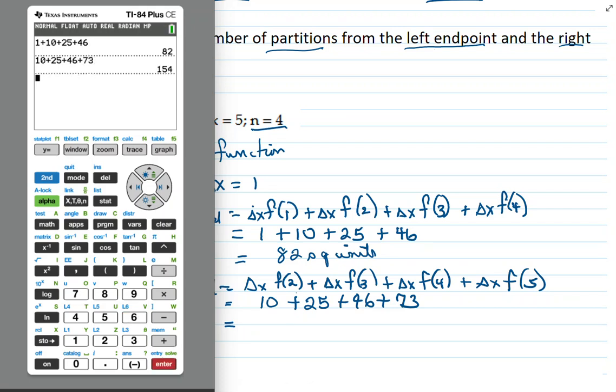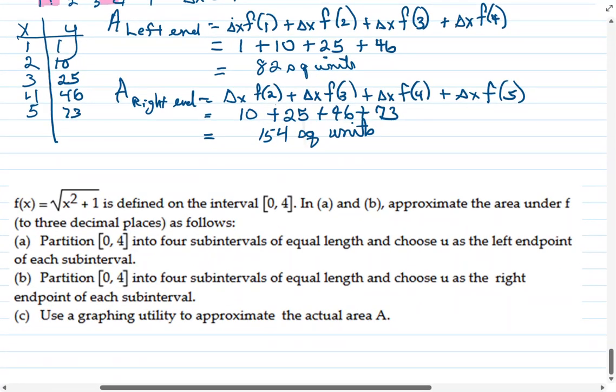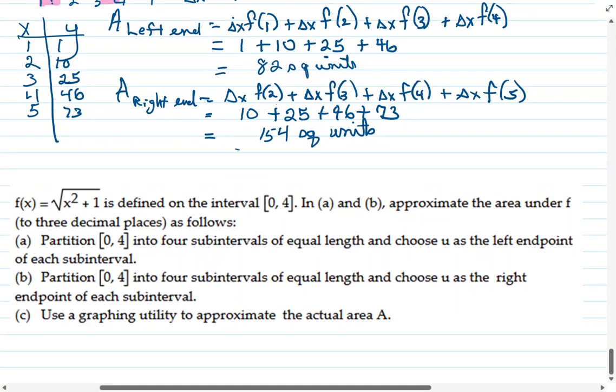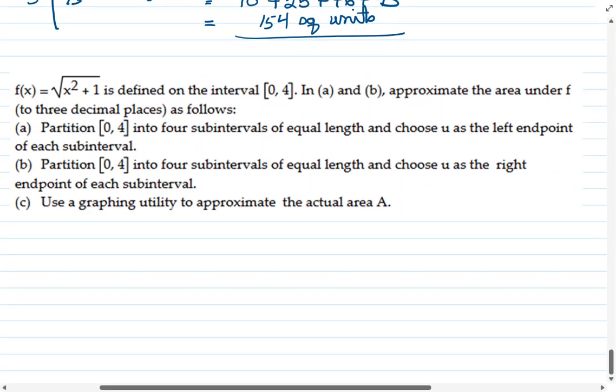154 square units, if I entered everything correctly, and you'll double check with your calculator. And that's just absolutely horrible. So that takes care of that. We have both answers, and you can see the disparity. There's a big change. Well, now we have this last example, and we're going to do the same thing, but